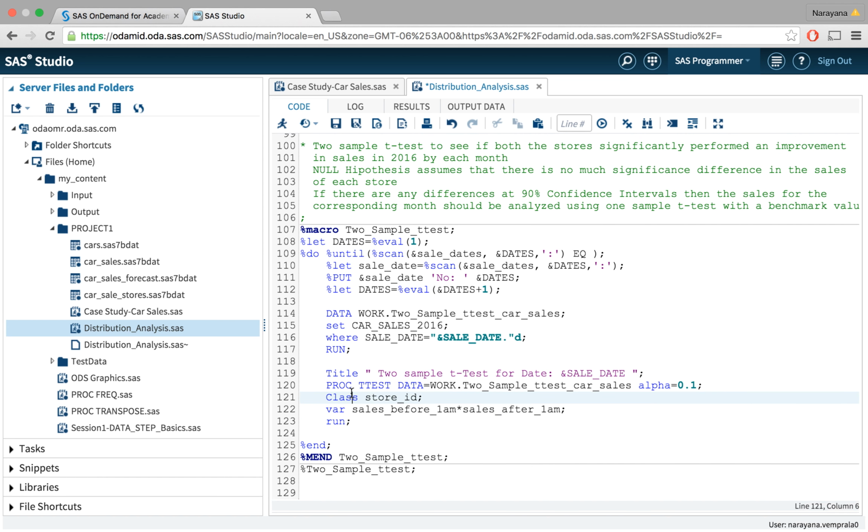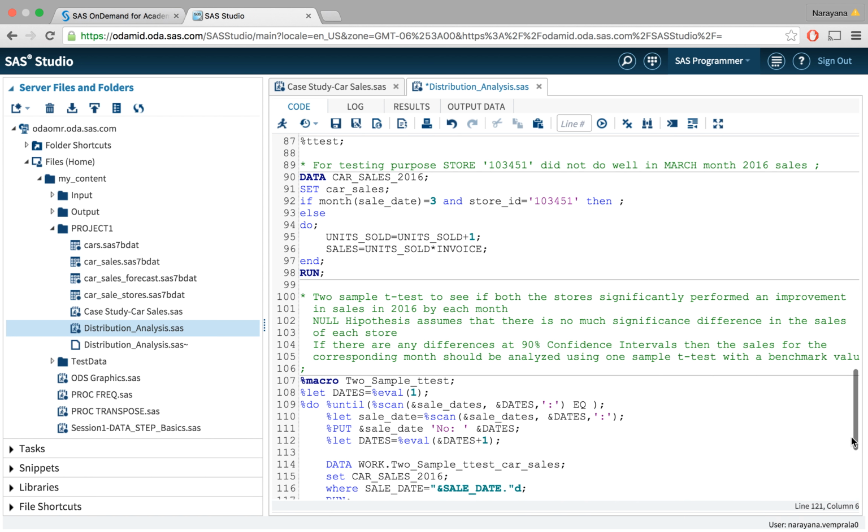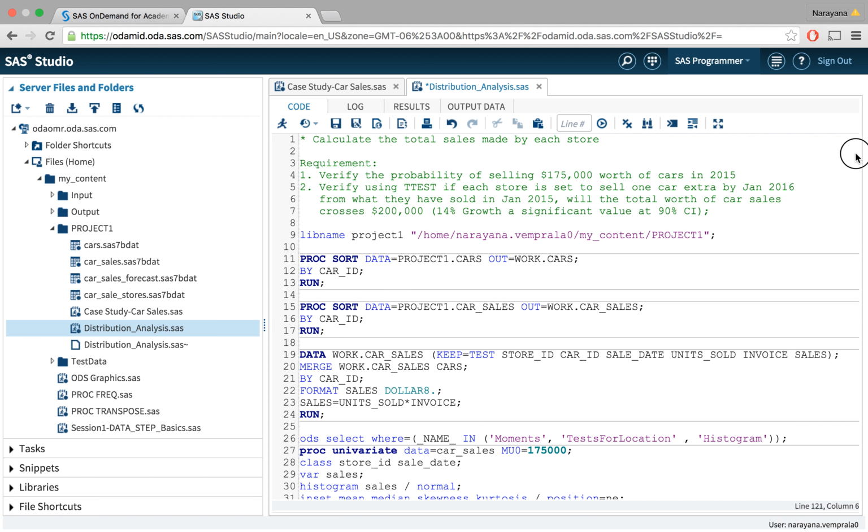Okay, let us not worry about paired sample. Here I am performing an independent sample. My requirement says: verify using a t-test if each store is set to sell one car extra by 2016 from what they have sold in 2015. Will the net total worth of car sales cross $200,000, which is around 14% growth, a significant value at